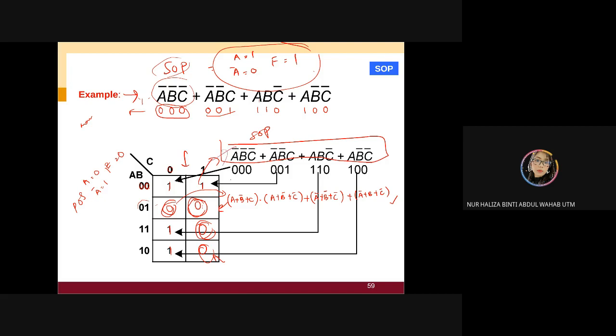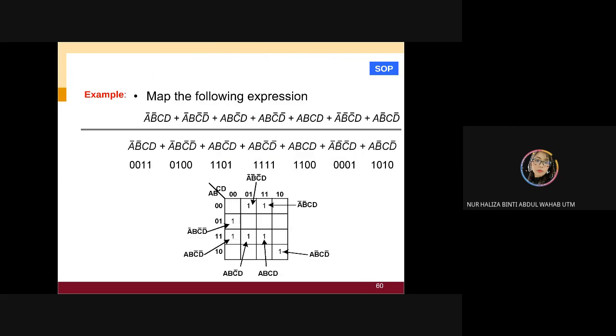You can also get your SOP. So any question? If there is no question, we're going to proceed